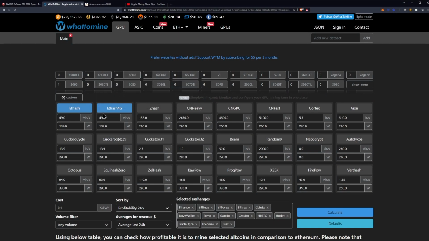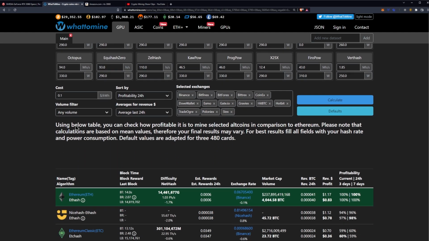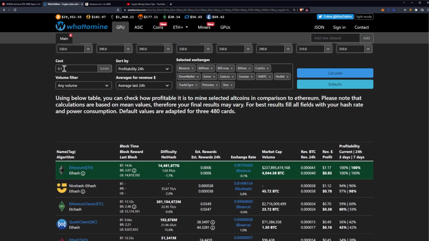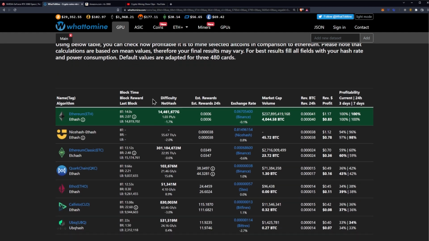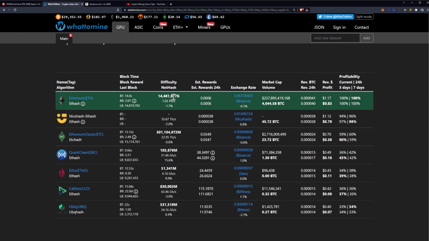But if we take a look at WhatToMine, you can see we have ETH hash and ETH hash 4G, now known as basically ETC hash, and that is both at 49 megahash a second at 139 watts. Scrolling down at 10 cents a kilowatt hour, which you can come in here and adjust yourself as well for your power cost, what we see is a revenue on Ethereum of